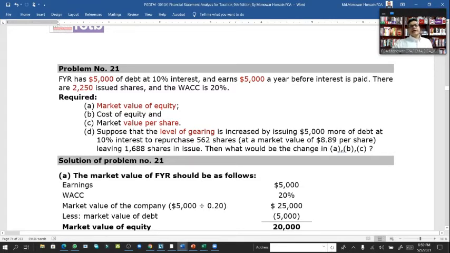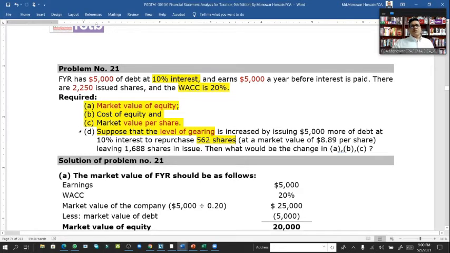if it has $5,000 of debt at 10% interest and earnings of $5,000 a year before interest is paid, there are 2,250 shares in issue, and the weighted average cost of capital is 20%. So what we have to do is calculate the market value of equity, cost of equity, and market value per share. And if we change the level of gearing, issue $5,000 more debt at 10% interest and repurchase 562 shares at a market value per share of $8.89,